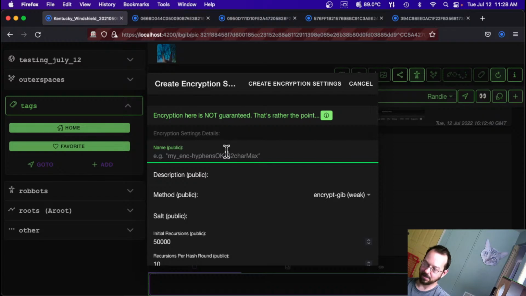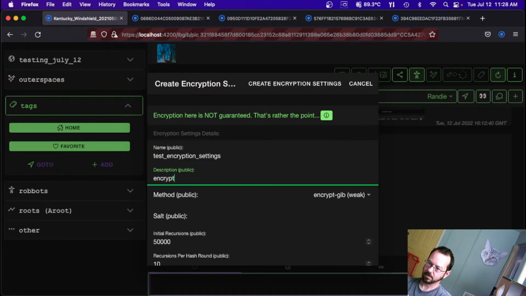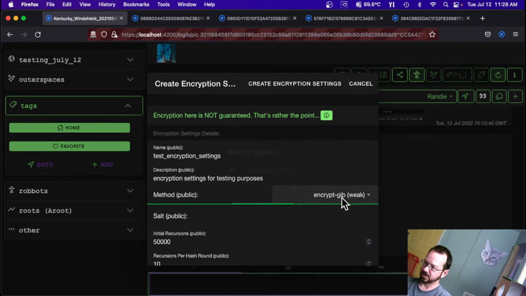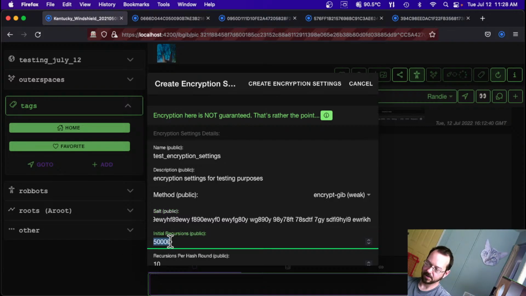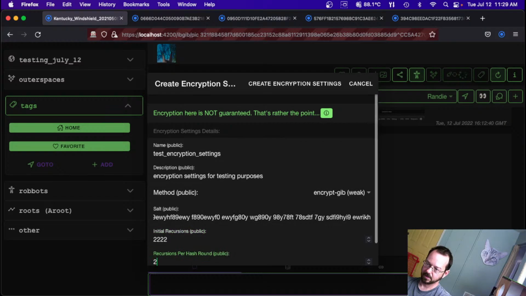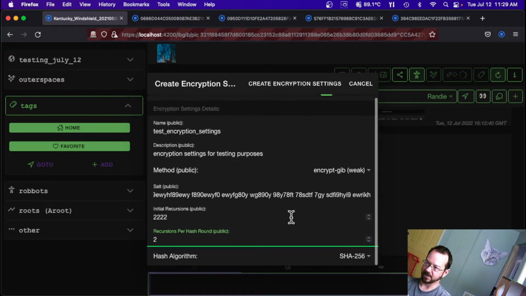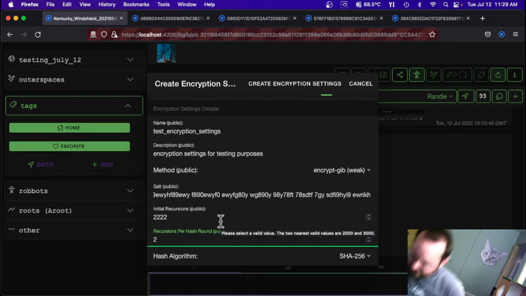Here's an encryption setting. So I made my own encryption. I know it's evil to do that, but that's the only one I have right now. So these are details of the parameters of the ibgib encryption that I made. Again, I'll make another video about it, which I tried to do the other day, but I'm just not very good at these videos